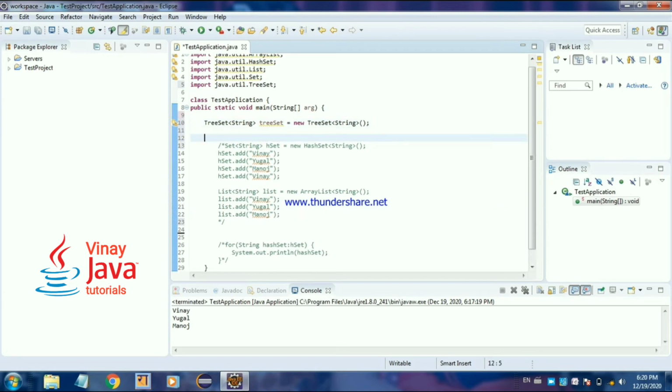The same way as hash set had an add method, tree set also has an add method. So treeSet.add.